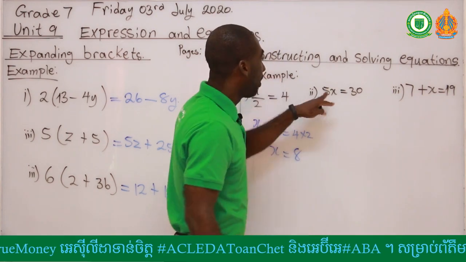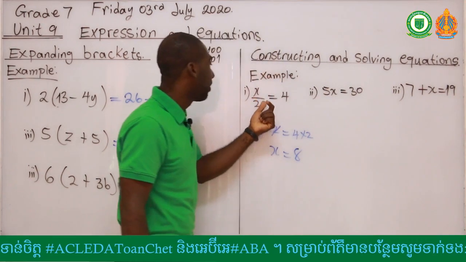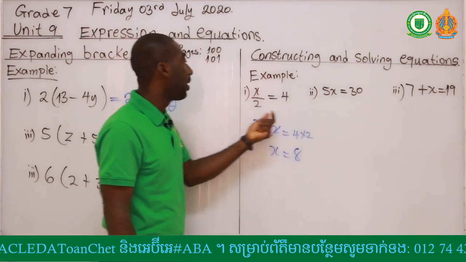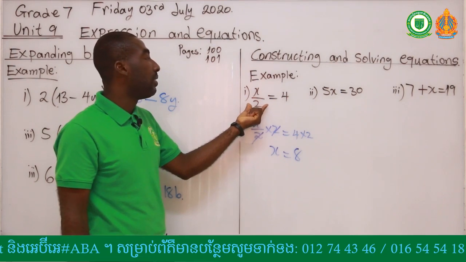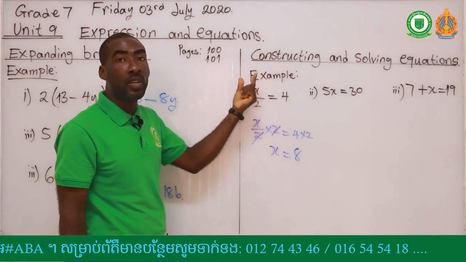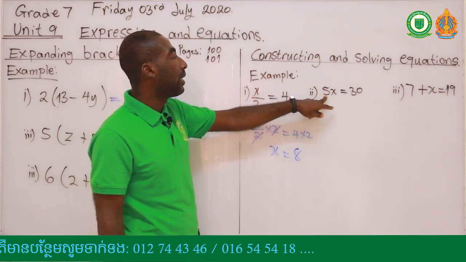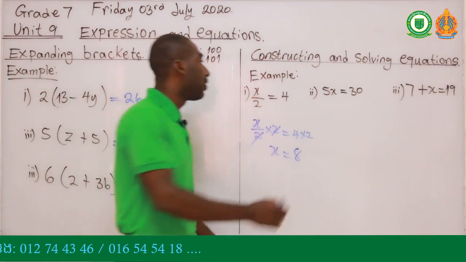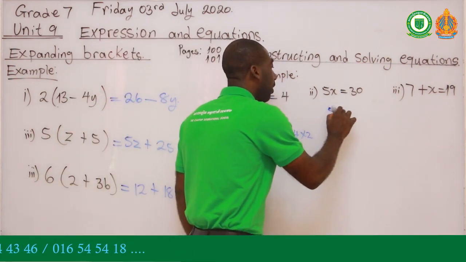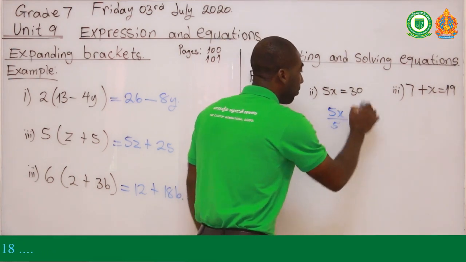With this, because 5 is multiplying here, the relationship between the first and the second one is that when the number is dividing the letter or the alphabet, you have to multiply, and when it is multiplying the alphabet or the letter, you need to divide. So this is going to be 5x divided by 5 equal to